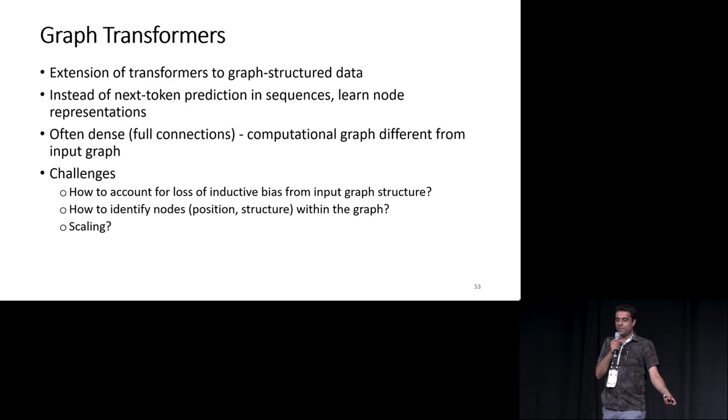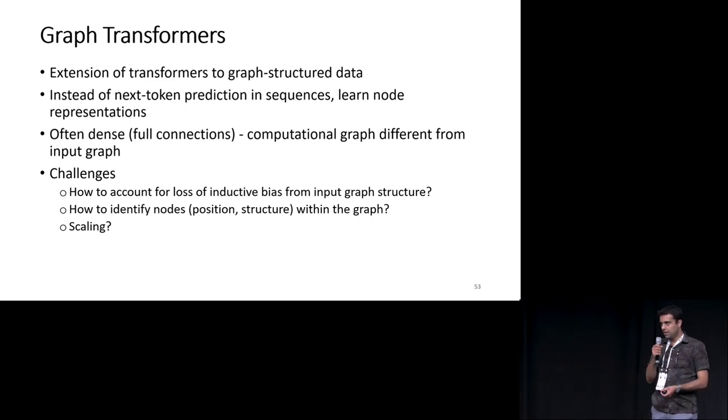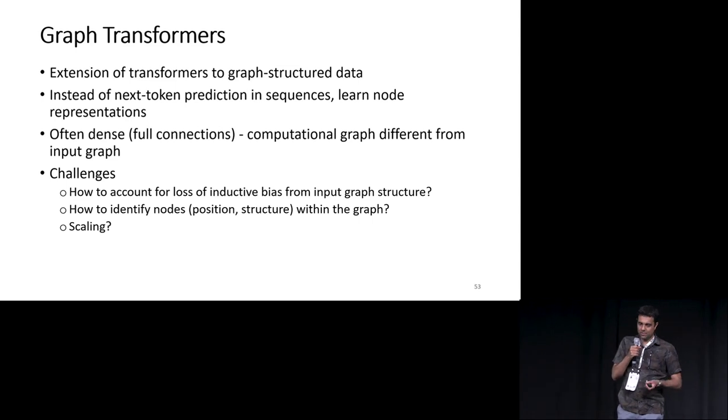So what are graph transformers? Well, basically it's an extension of transformers to data that appears on an arbitrary graph. So instead of doing next token prediction, we want to actually learn node representations for the various nodes in the graph. So one of the key ideas here, which differentiates the graph transformers from the message passing GNNs, is that